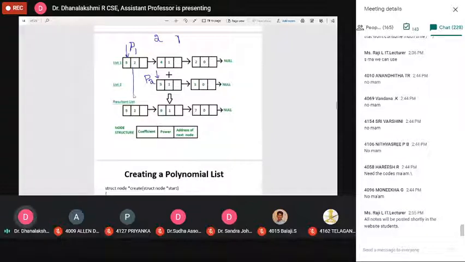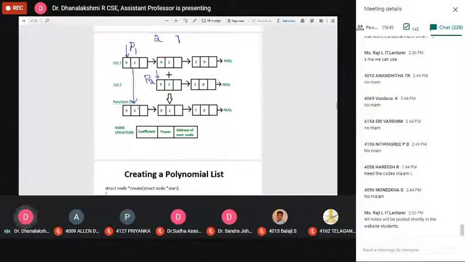If the exponent is greater, you compare these 2 exponents, 2 and 1, and place the term with the bigger exponent into the resultant polynomial.